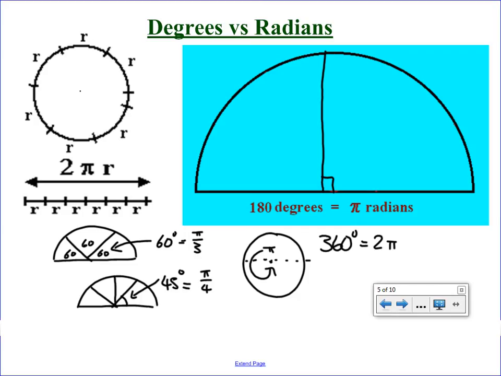A radian, in terms of what it actually is, and you're thinking, why are you even doing this? If you have the radius of a circle, and you go round the circumference 1 radius, then you get 1 radian. So we go round another radius, round the circumference, we get 1 more radian. We go round another one, we get 1 more radian. And you can see that 3 radians is almost 180 degrees. There's this little bit of spare here. So 3 radians isn't quite